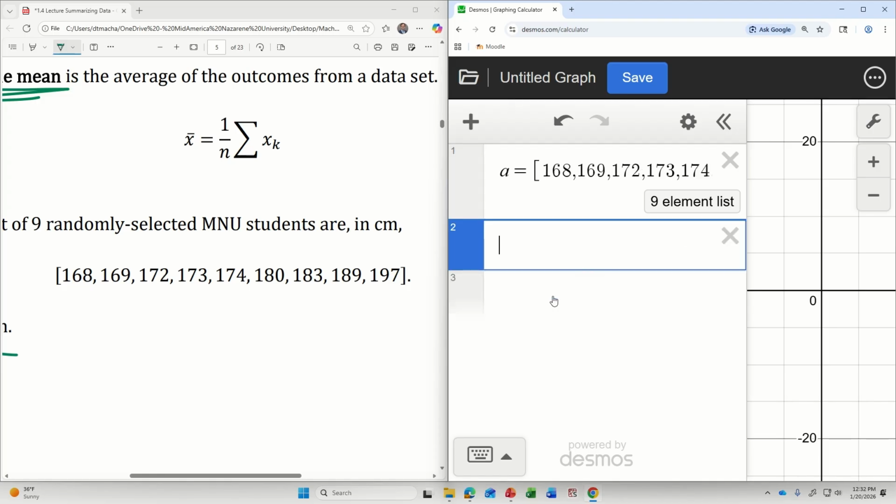And it's always a good idea to go back and double check that we have the same number of elements. Desmos is going to tell me how many elements are in your list. That means I didn't miss any commas anywhere. It would really mess this up if you accidentally mistype something, like you get digits out of order, right? Now, what if I want the